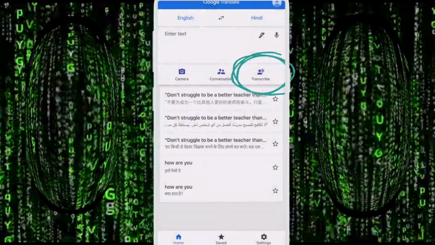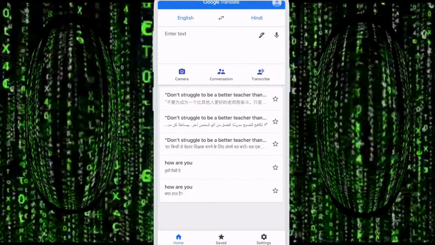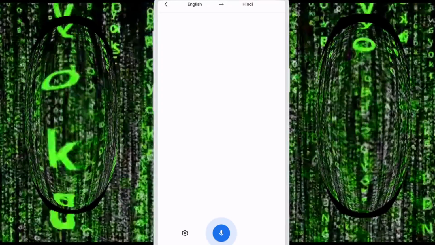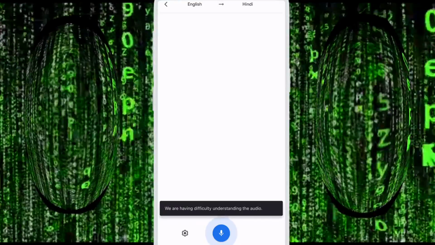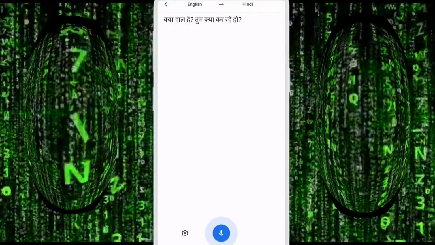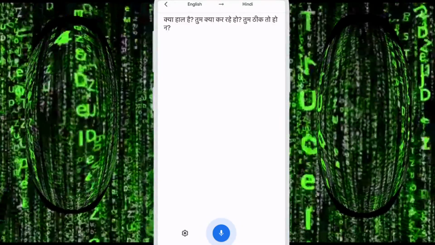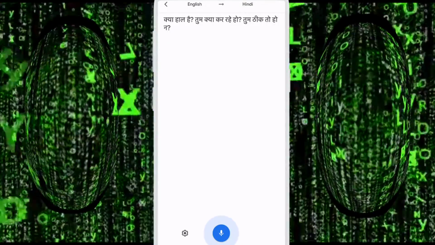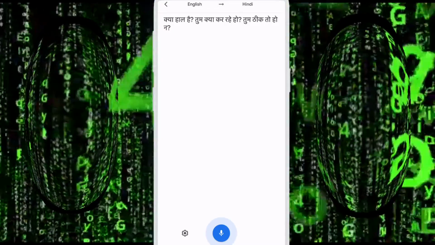So next function, friends, transcribe. Click here. So friends, here you just talk about anything, meaning you just click the mic here, and talk about anything, and this app can automatically translate. So here, which language you speak, meaning I selected English before, then I speak: how are you, what are you doing, and are you okay. So this app translates all of it, and you see on the screen you can read it all. You can also change to any language here.